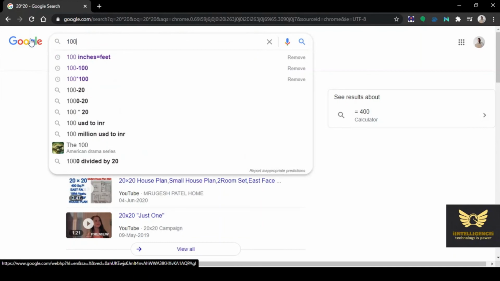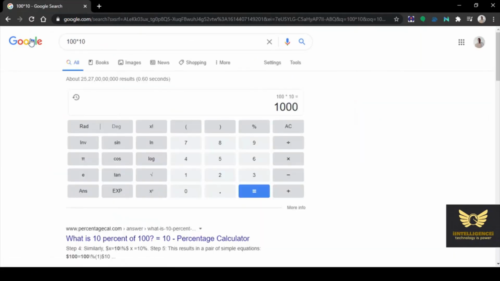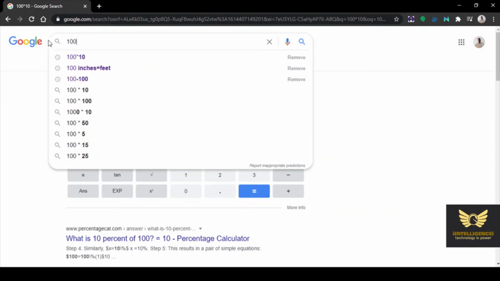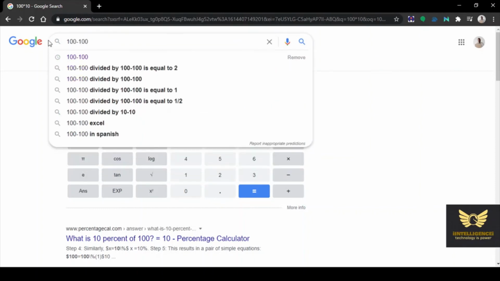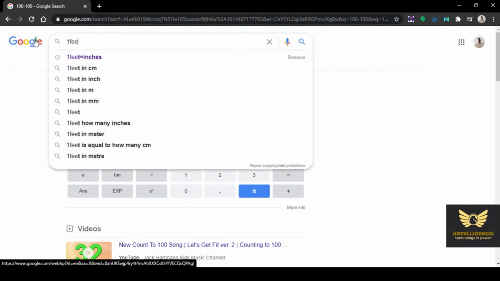See here, 100 into 10. Then you have to press enter. See here, 1000. No need to go to a calculator application and do it. 100 minus 100, then press enter, equal to 0. Google itself acts as a calculator.